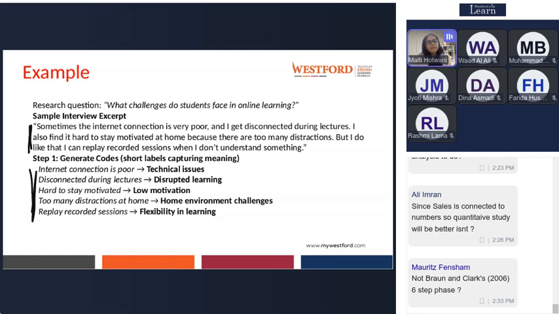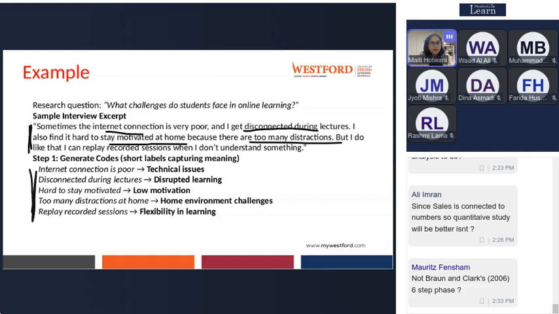Now, in the sample interview, it is saying, what are the challenges students faced in online learning? Sometimes the connection is poor, they get disconnected during lectures, they find it hard to stay motivated. Internet connection, disconnect during lectures, motivation at home, distractions.